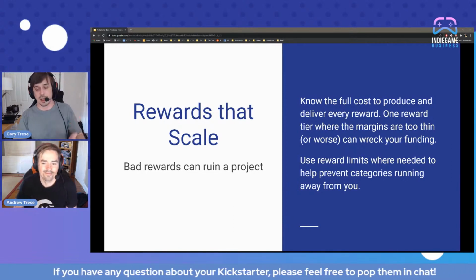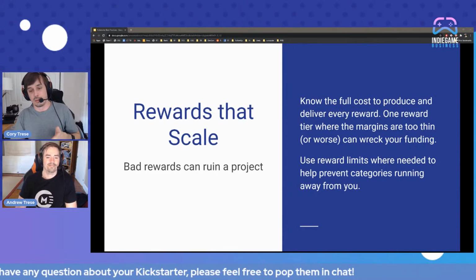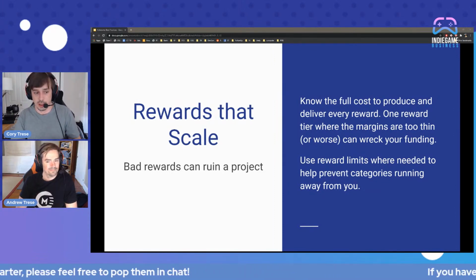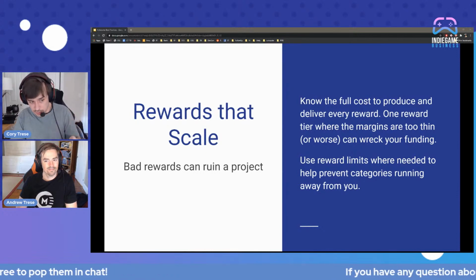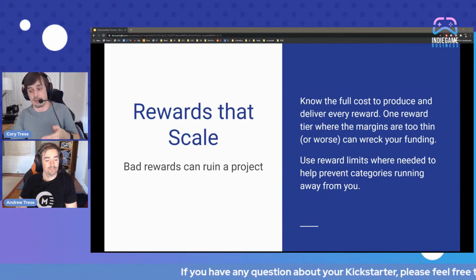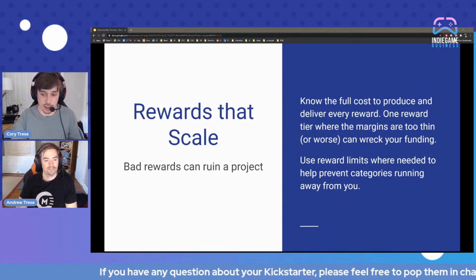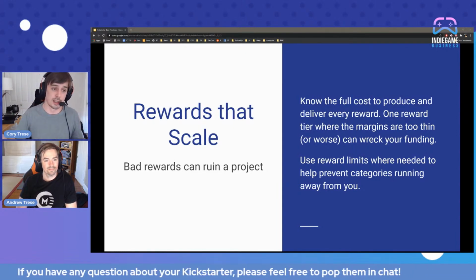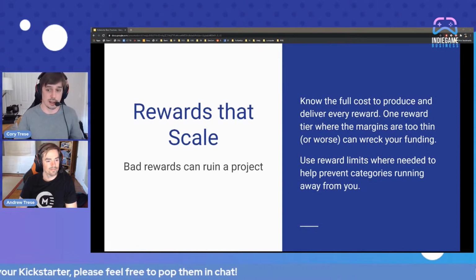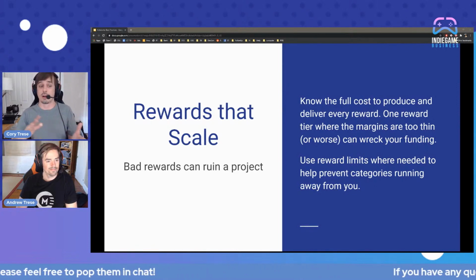So what scaling rewards means is you're going to be able to pay for them, and you know the full cost to produce 10 of them, 100 of them, 1,000 of them, or 10,000 of them. And if you have a plan that covers making 100 and you go viral and Kickstarter delivers you 1,000 or 5,000 backers at that tier, it can really throw things out of whack.